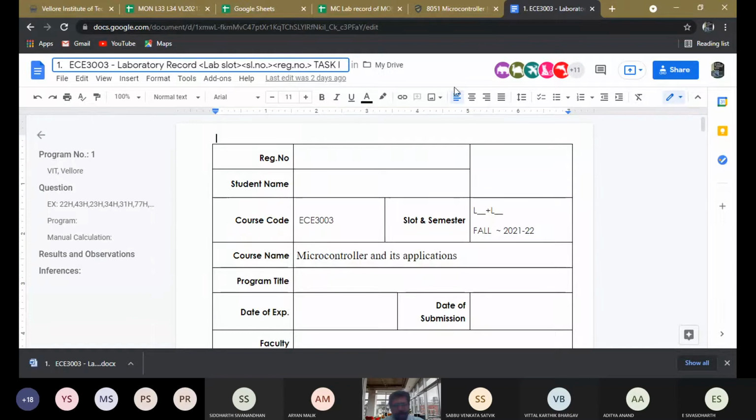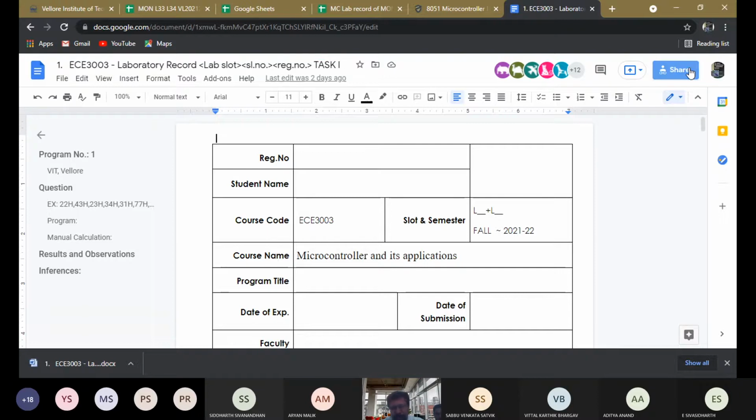All these fundamentals you have to make. Whatever I have given in less than, greater than symbols, you have to enter your lab slot. So your lab slot is L3334. Serial number you know already from the name list, or I will be sharing it. Then we have the registration number, task 1. Okay, so this is the document.